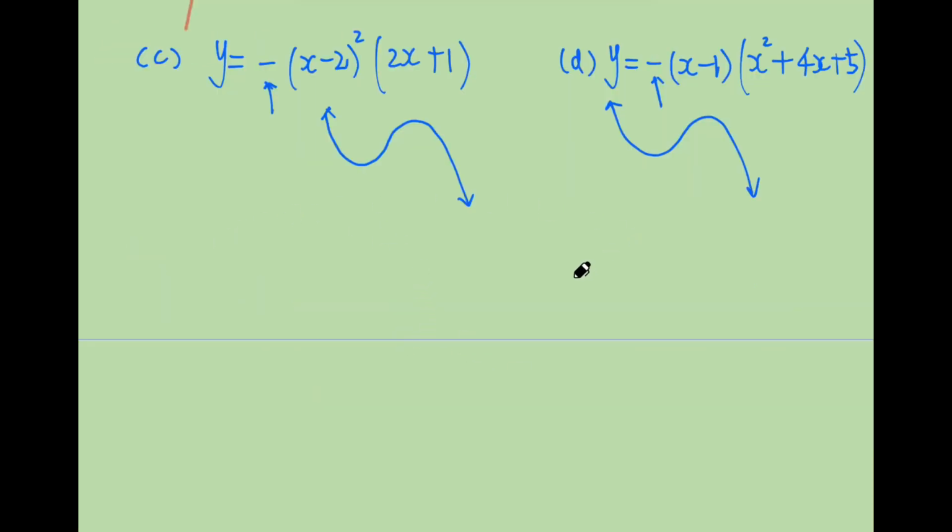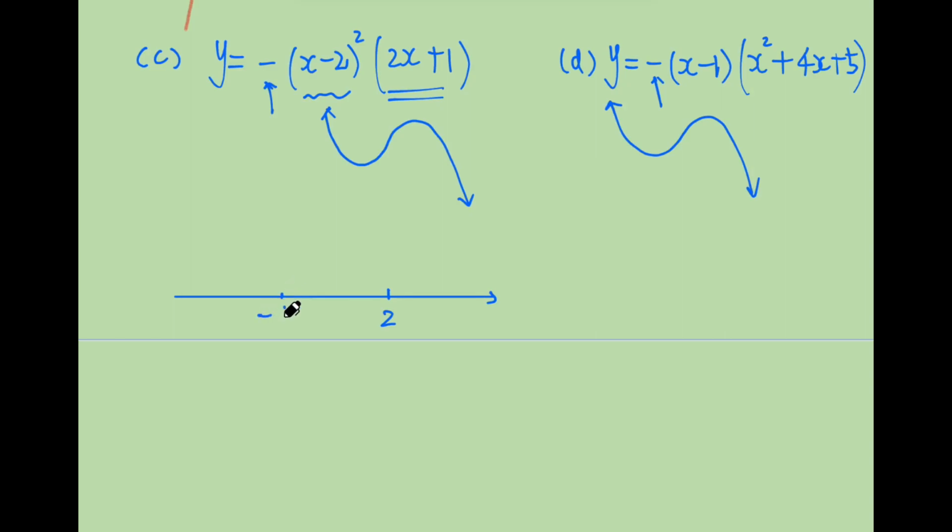For questions C and D, we can see the coefficient of x cubed is negative. Therefore, the original graph will be reflected in the x-axis. Then the shape will become climbing down, double hills, and this one the same, climbing down, double hills. Then we need to determine the x-intercepts. For part C, there is a repeated term, and it tells us the x value is 2, and another factor,